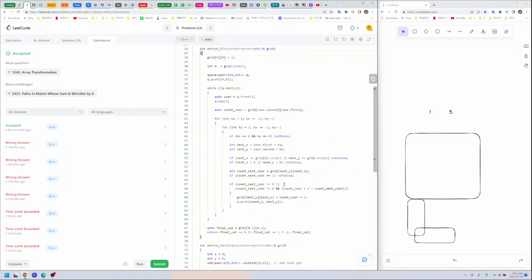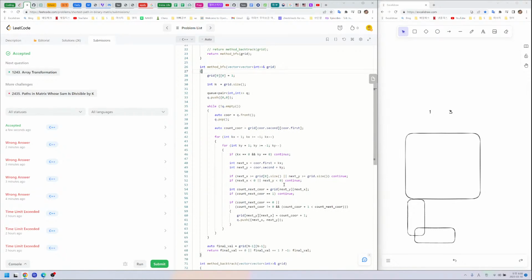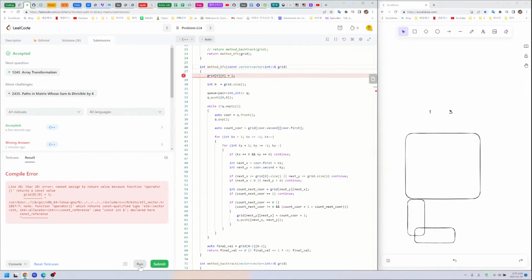So let's just think about how to not modify this. Like const, in that case the compilation will fail. So const can be achieved. We should not modify,